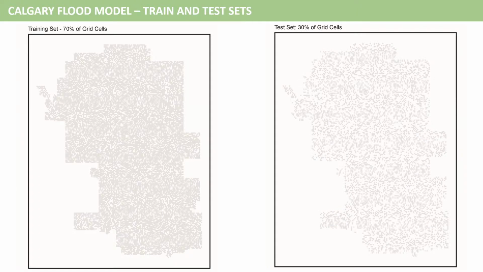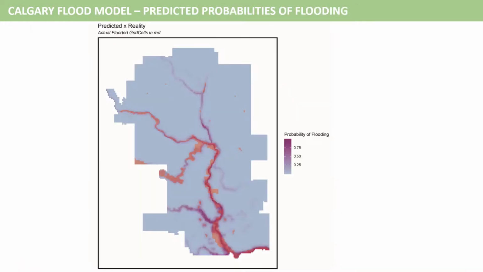We split the data into two parts. We randomly select 70% of Calgary to teach the model the relationship between our chosen variables and the likelihood of flooding in parts of Calgary using logistic regression. Having trained the model, we then use it to predict what happened in the remaining 30% of Calgary. Were those cells likely to flood or not? We set a high threshold for our model. The model should only predict an area to have flooded if it thinks that area had a 50% or higher